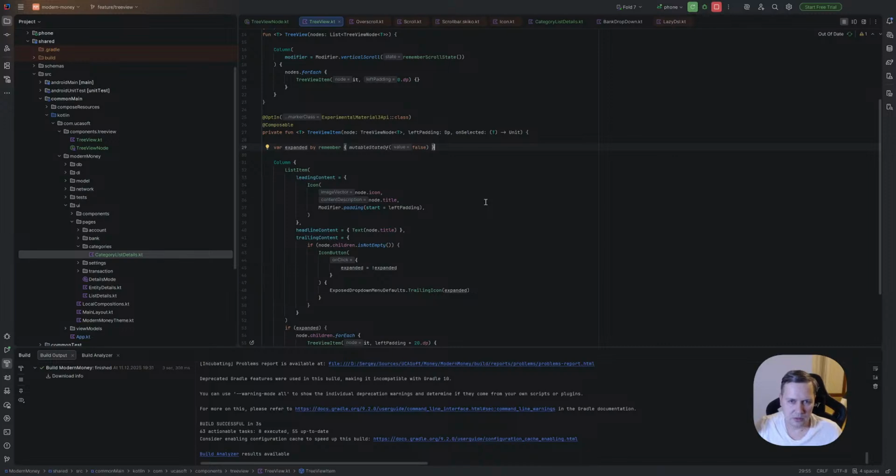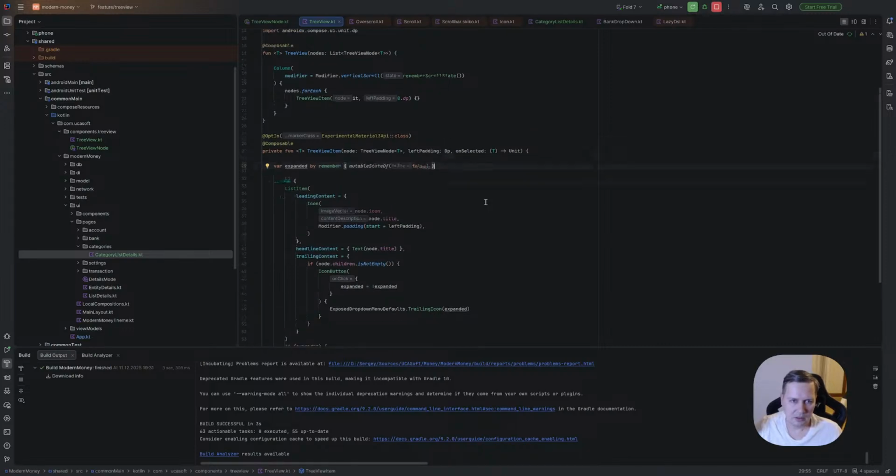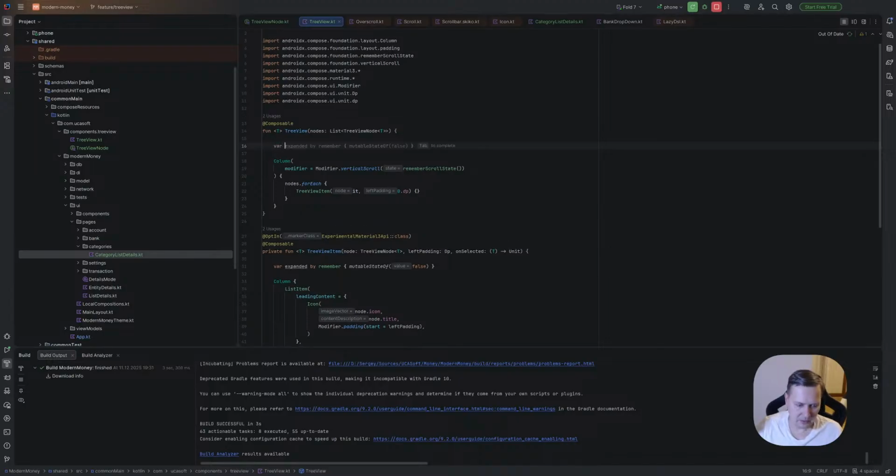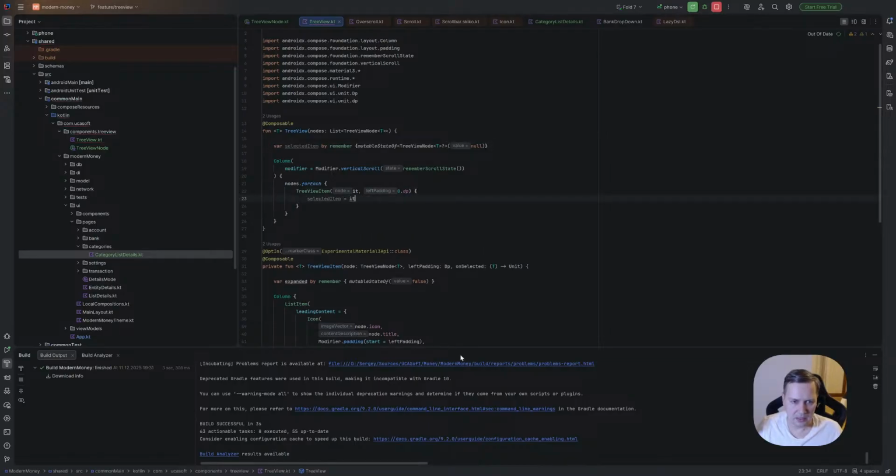So onSelected, and here we need to use var selectedItem by remember and mutableStateOf, yes, correct, and selectedItem equals it.